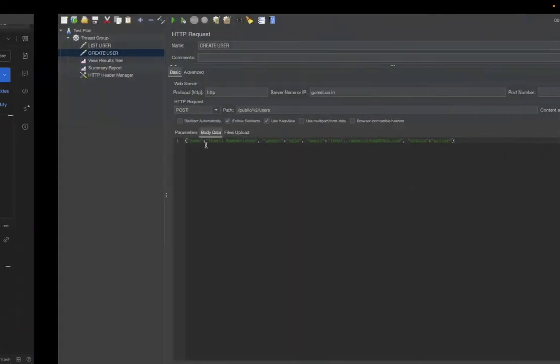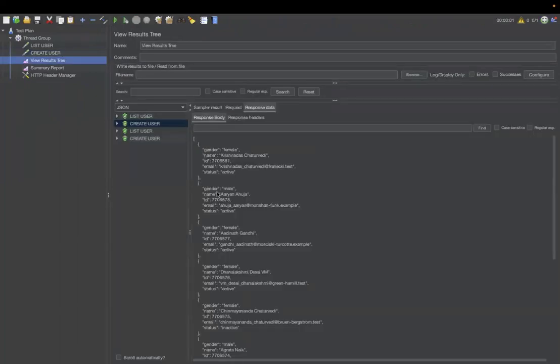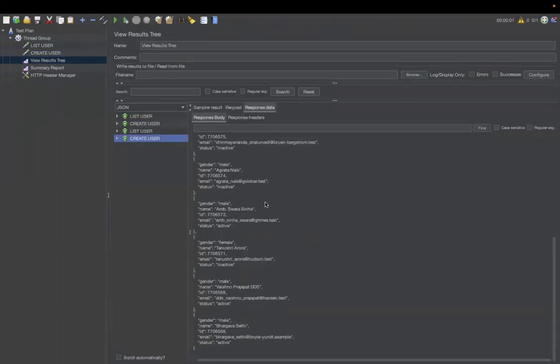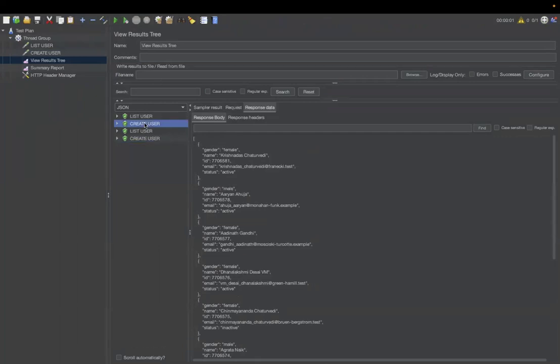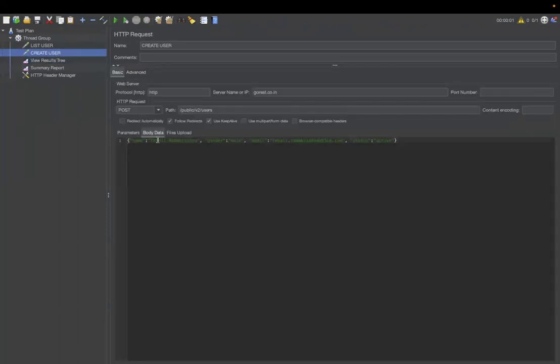So if I apply the same on JMeter, let me run this. Okay, so this is create user. Oh, I didn't clear the first one. So let me change some data here. For example, this name, I'm going to name it Akin Ola. Then email is